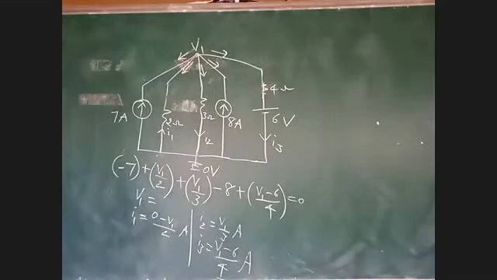Very simple problem. Once you know V1, we can determine I1, I2, I3. Mainly we should know how to determine the number of nodes. If there is only one node, we will get one nodal equation. If there are 2 nodes, we will get 2 nodal equations. If there are 3 nodes, we will get 3 nodal equations. Since we are having only one node, I am writing only one nodal equation. We will get V1. If there are 2 nodes, we can determine V1 and V2 by solving.